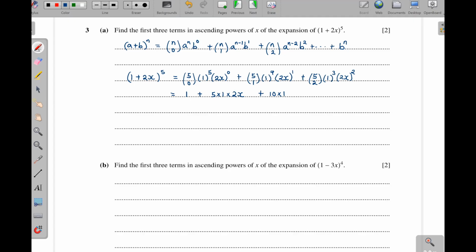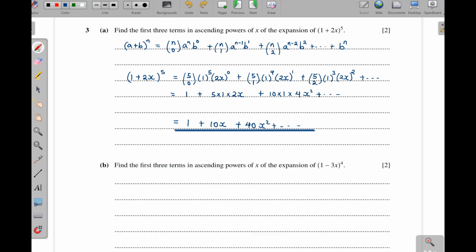Then 1 cubed is 1, and then 2 squared will be a 4, and then with x squared, there are many other terms that are coming forth. So meaning our whole answer is going to be 1 plus 10x, and then plus 40x squared. And that is that. Then part B, find the first 3 terms in ascending powers of x in the expansion